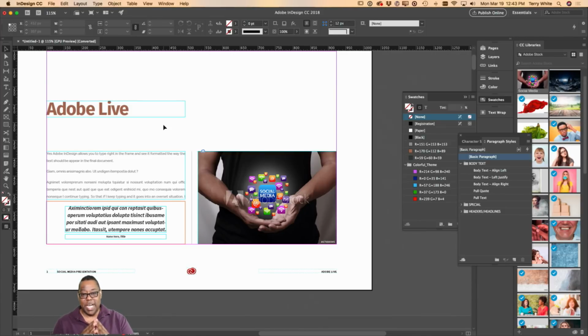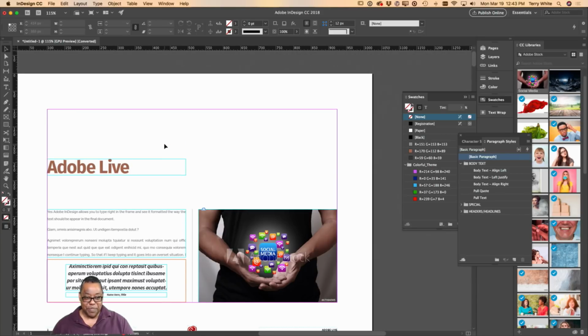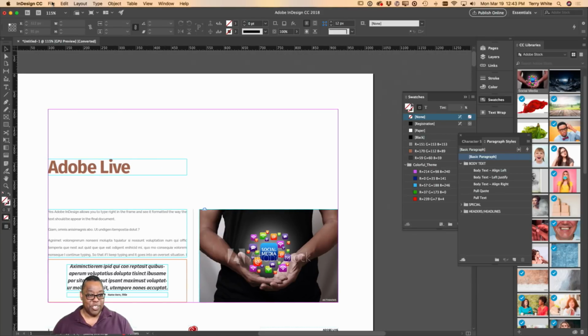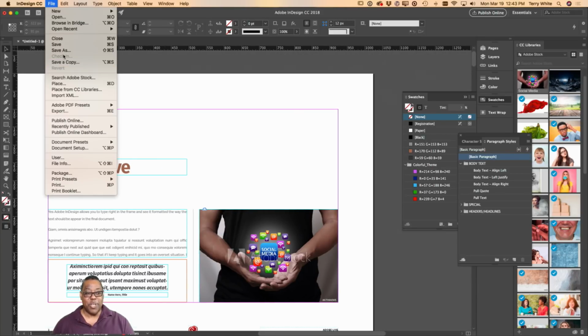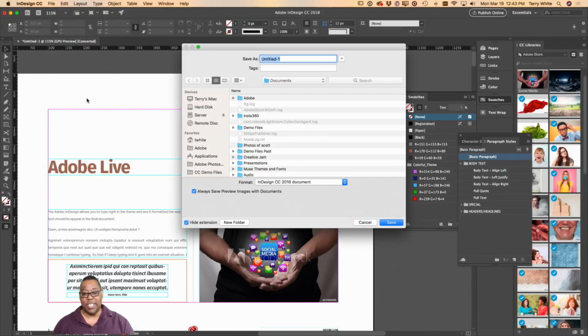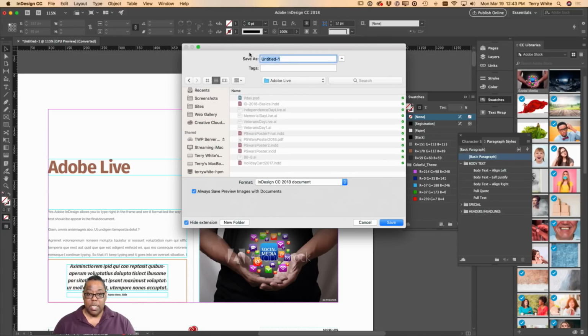So now it's time, and we should probably save this, by the way. One of the first things you should do, and I should have told you this up front, whenever you start working with a template, you open up that template as an untitled document. So you probably want to go in at some point and save the document with your content in it. So we're going to save this in my Creative Cloud folder, in my Adobe Live folder, intro